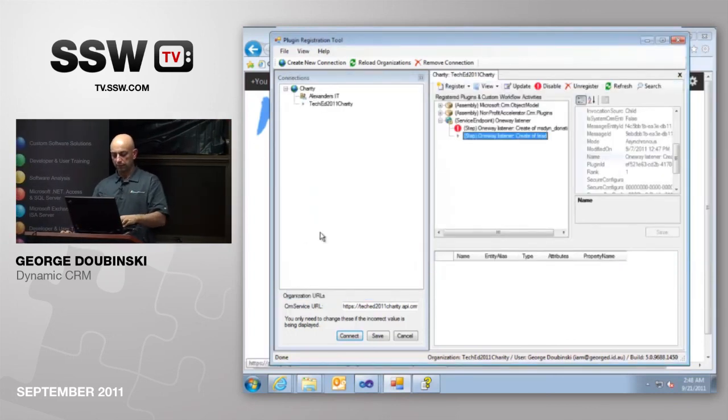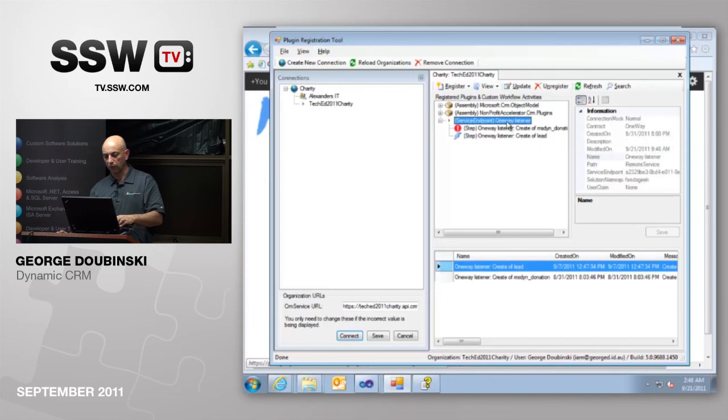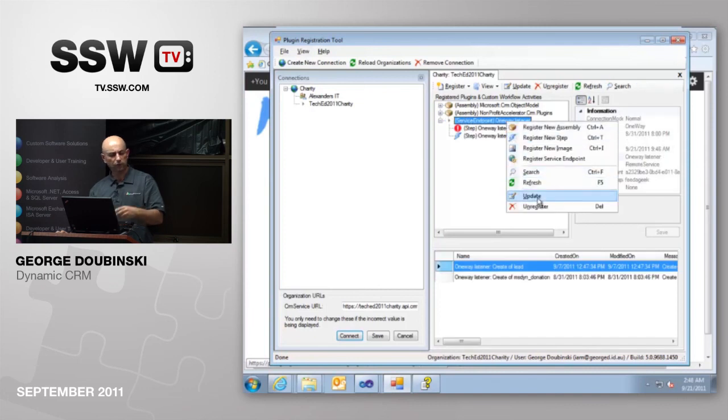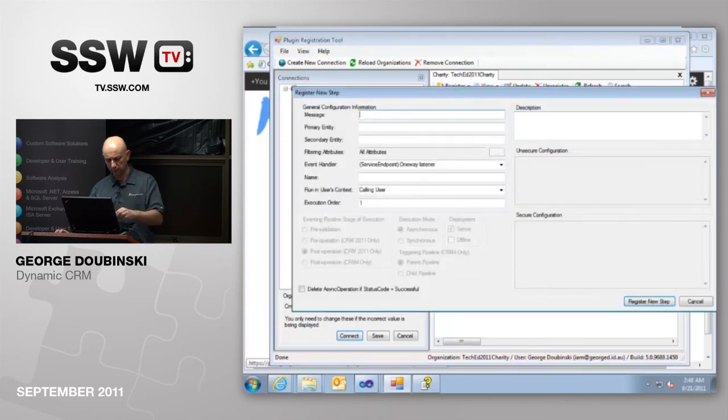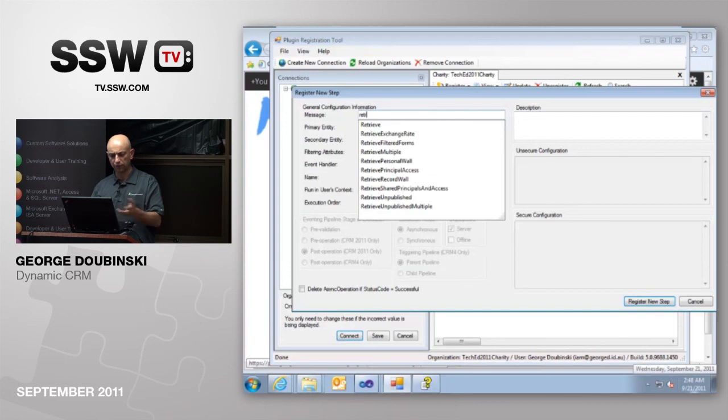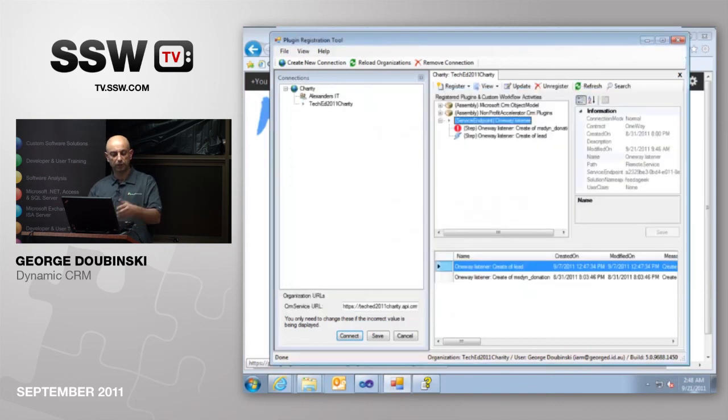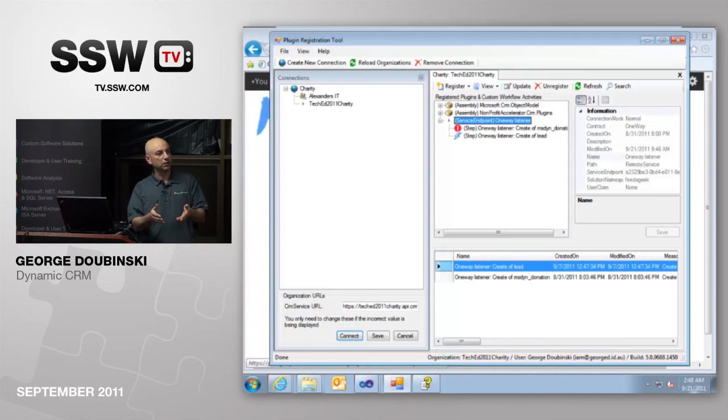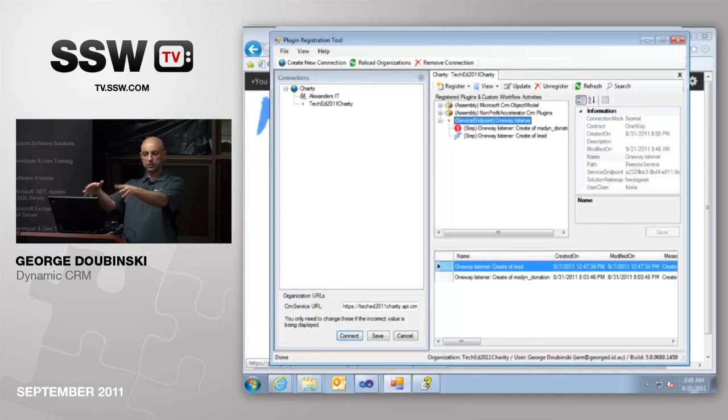So, sorry, how do you know the message type to create? When I register a new one, there's about 250 messages. So when I create a new one, say I register a new step, I can do a retrieve. Okay, cool, so they're predefined. Yeah, they are predefined. Actually, when I say messages, they're actually SOAP messages that you can send outside of this